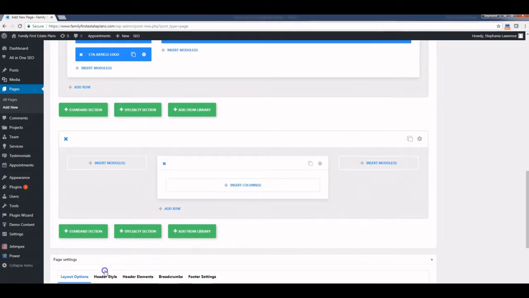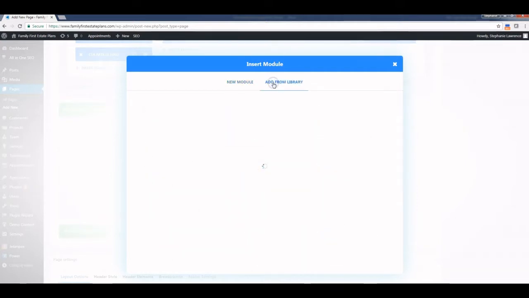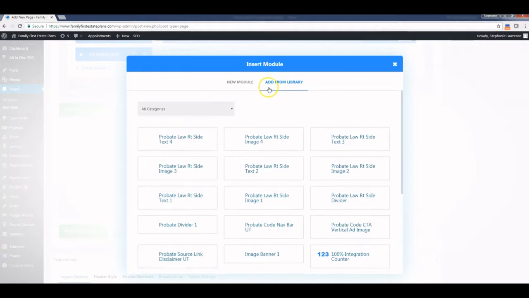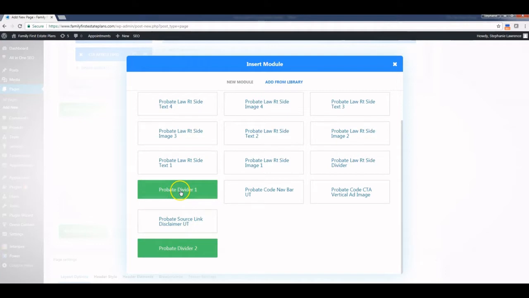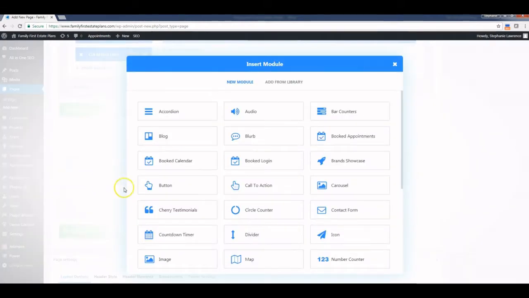So for ours, we are going to insert a module. On this module, you're going to look in the Add from Library section. You can see that there is a lot in here, so I want to narrow down my search to probate laws only, because that's the section that I'm working on right now. I'm going to start with Probate Divider 1. And as you can see, it filled in right there. I'm going to insert one more,